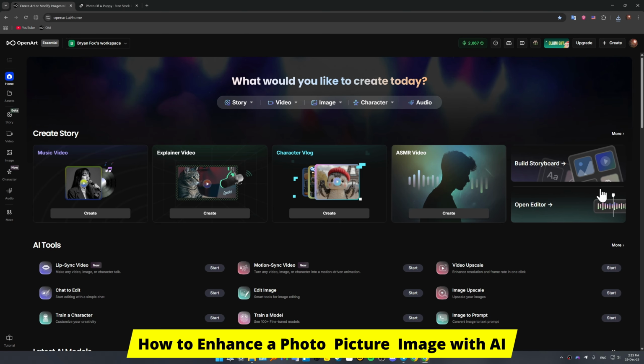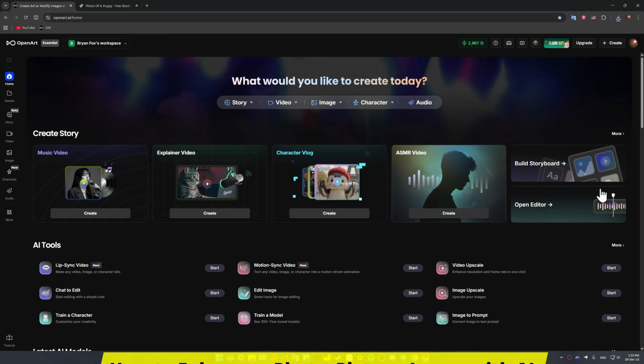If you have a photo that looks blurry, low quality, flat, or just not sharp enough, AI can fix that in minutes or in seconds. In this video, I'll show you how to use the Enhance Photos feature using OpenArt AI step by step without